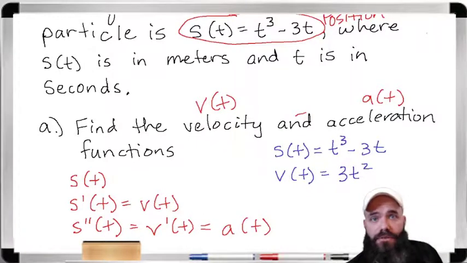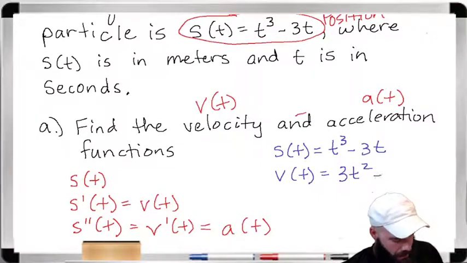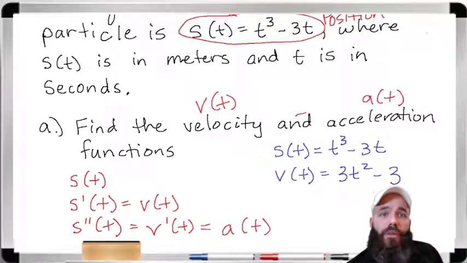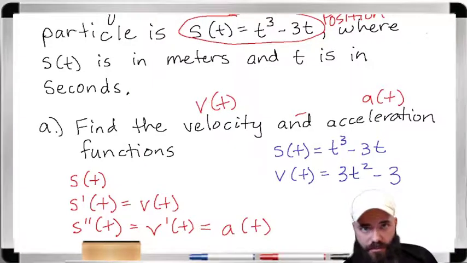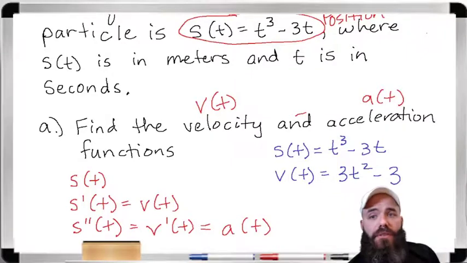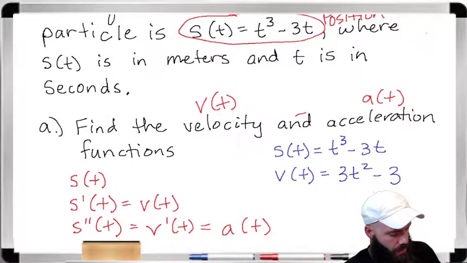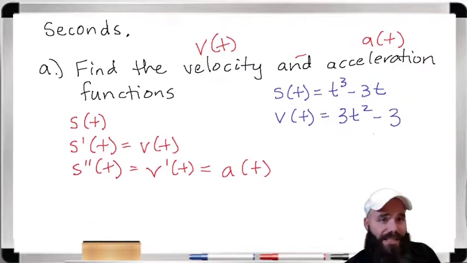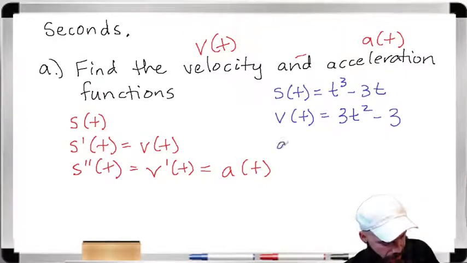And then the derivative of the negative 3t would be minus 3. So there is the velocity function. The acceleration function is the derivative of that. So if I take the derivative of the velocity function, then I have the acceleration function,